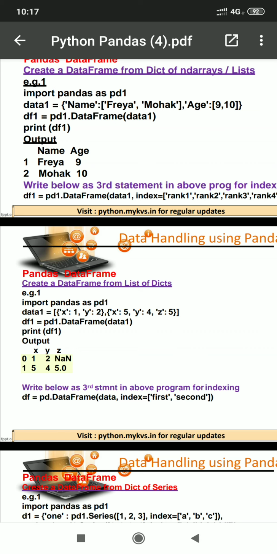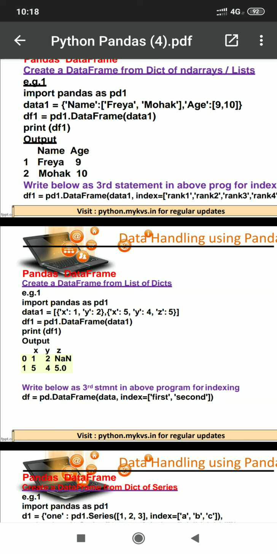First dictionary holds X and Y only, and X and Y columns hold values 1 and 2.